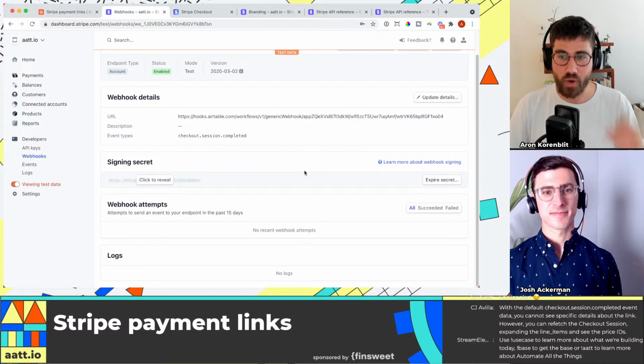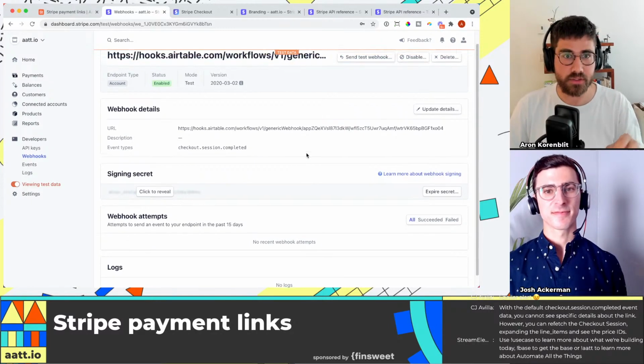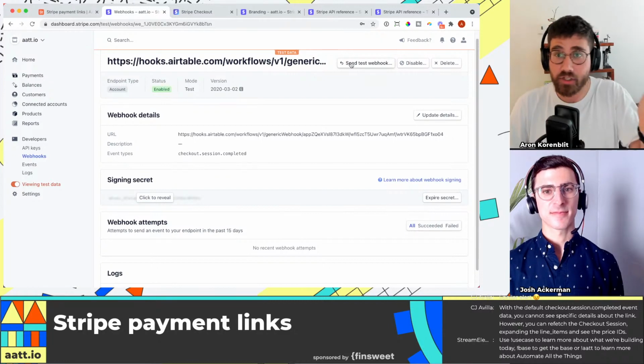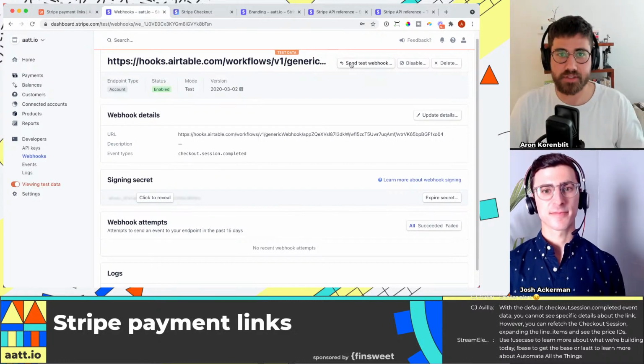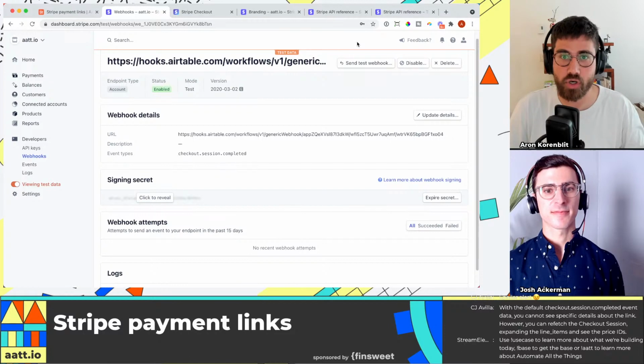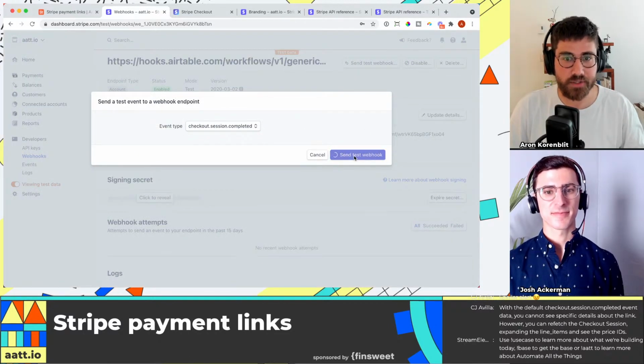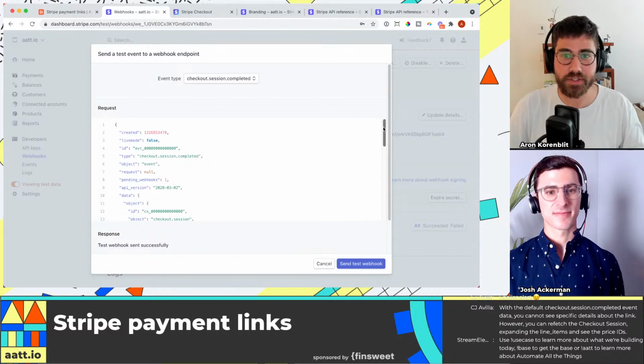This is saying when a payment happens, let's go ahead and tell Airtable. So everything else happens in Airtable. So let's send a test webhook, right? Let's send a test webhook. This is telling us